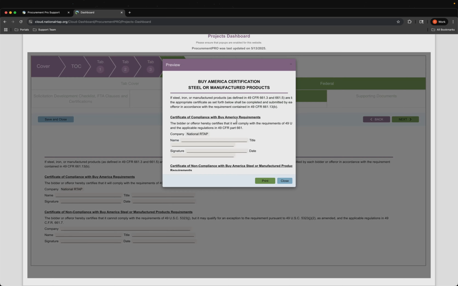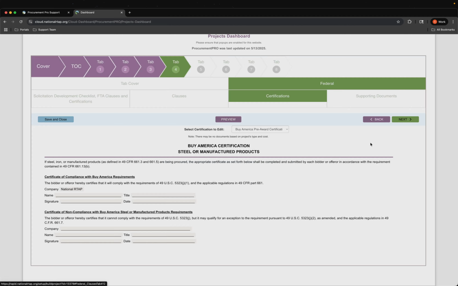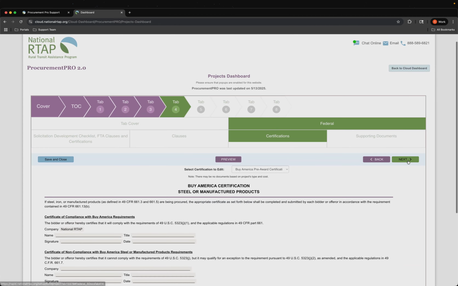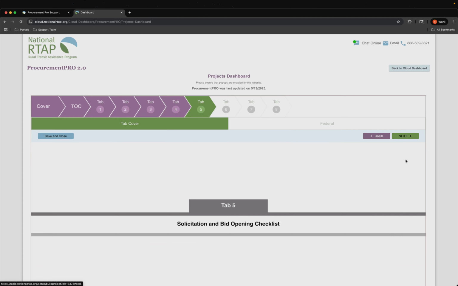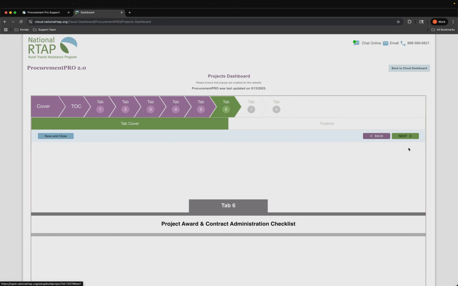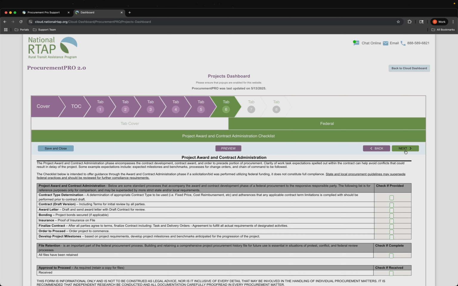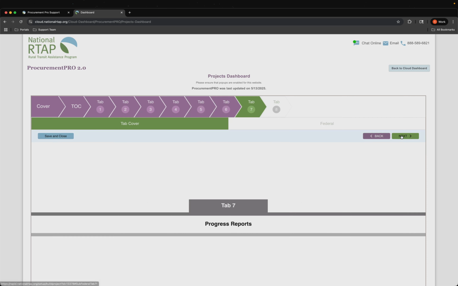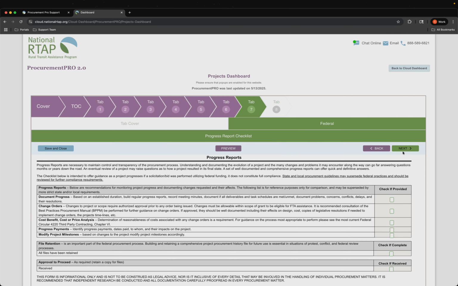You also have the option to click preview, and it will show you a preview of this, and we can see what we edited in that preview. And you can print from there. These will all be contained on the document at the very end. Click next. And as you continue to go through and fill out the Procurement Pro, you'll get towards the end of the document. Once we get to the end,